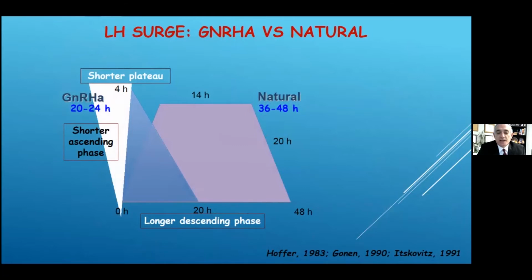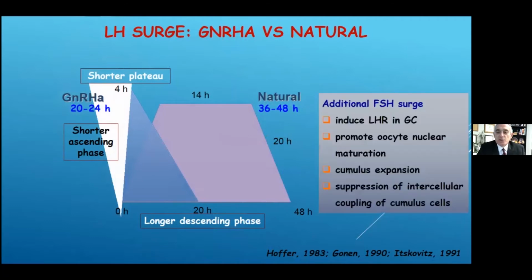And so that GnRH agonist stimulation lasts for about 20 to 24 hours compared to 36 to 48 hours for an LH surge during a natural cycle. And when you use GnRH agonist, you also are releasing FSH, which helps with inducing LH receptors in granulosa cells, promoting oocyte nuclear maturation, cumulus expansion, and suppression of intercellular coupling of cumulus